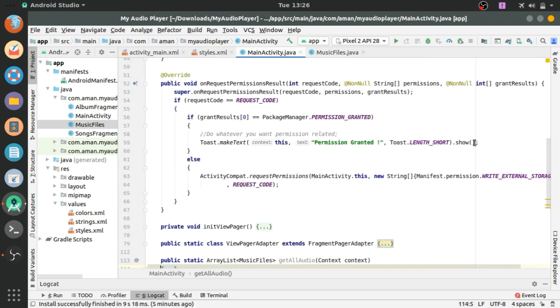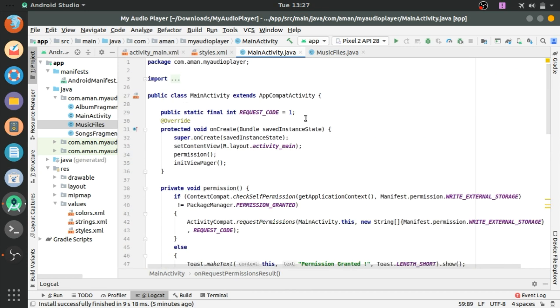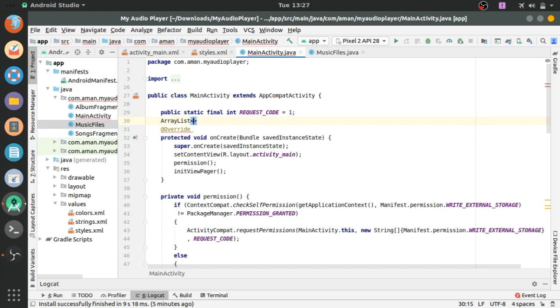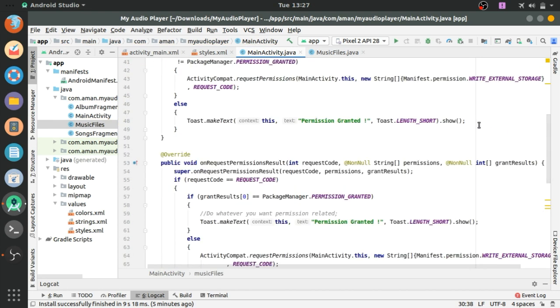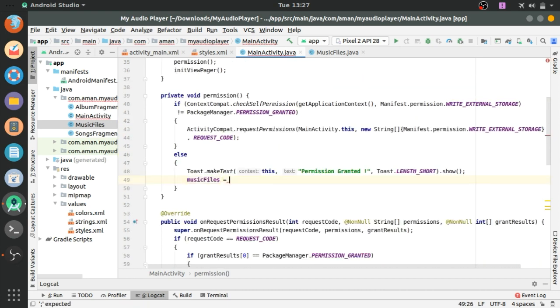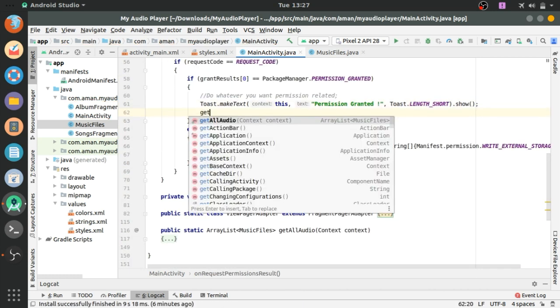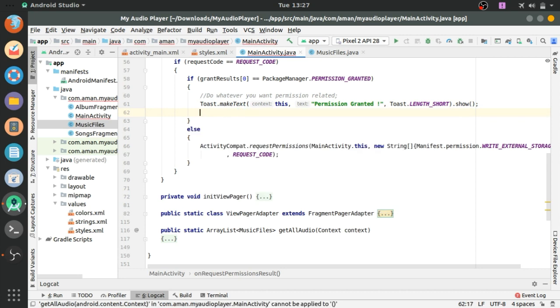And we will use an array list: declare an ArrayList of MusicFiles, and in the else part where we have permission, musicFiles equals getAllAudio and pass the context this, and in onRequestPermissionsResult, musicFiles equals getAllAudio